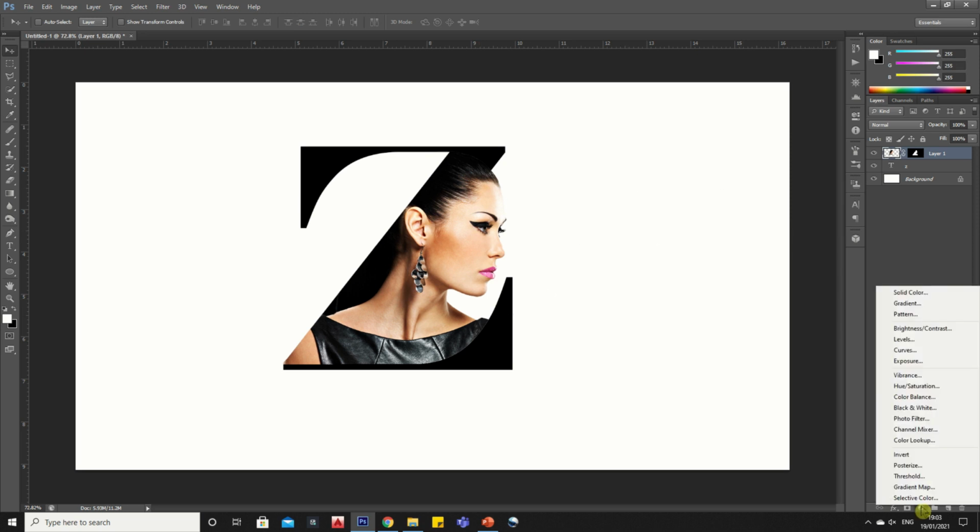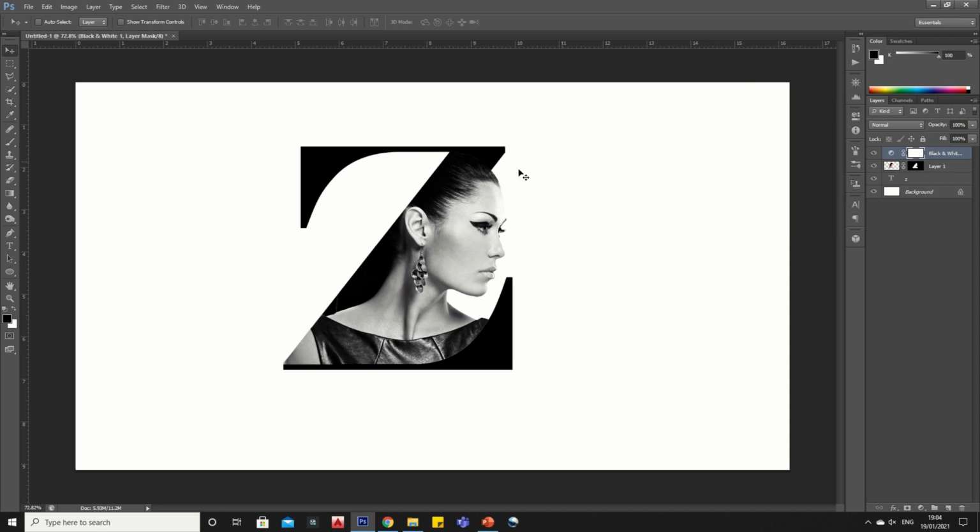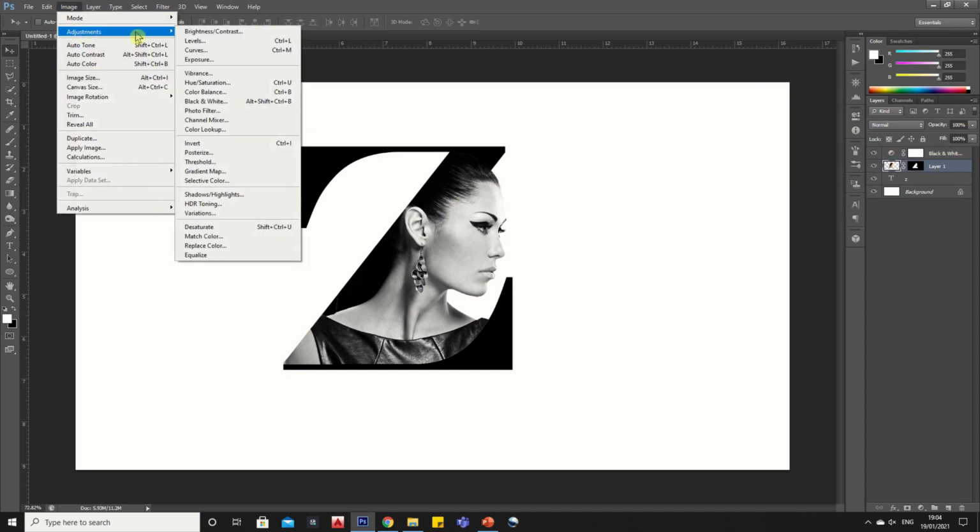Now add a black and white layer to make it look more dramatic. Add some contrast in the image.